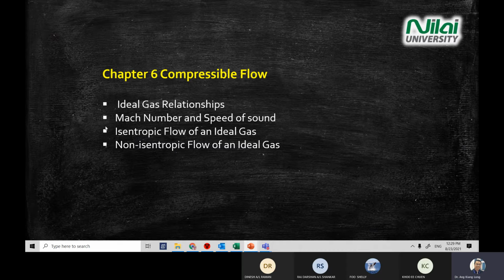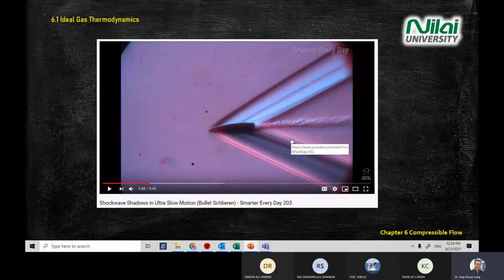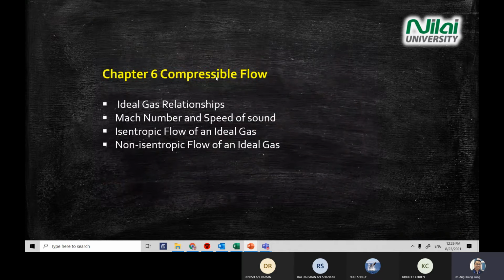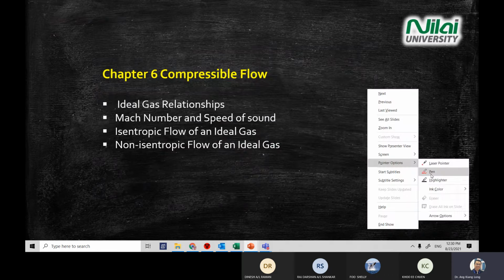particular thing in the final exam is Mach number. So you need to use the equation of Mach number and speed of sound in the final exam. Okay, when does compressible flow happen? Compressible flow happens when Mach number is more than 0.3. Okay, so remember this